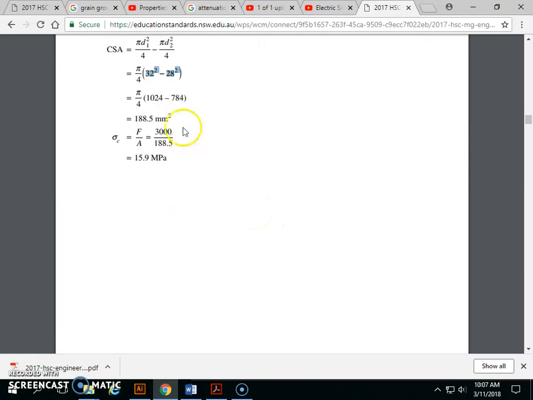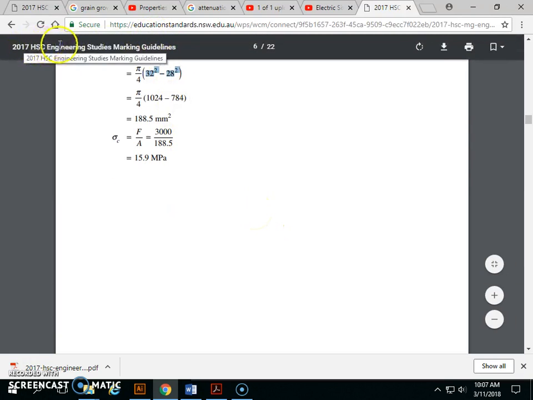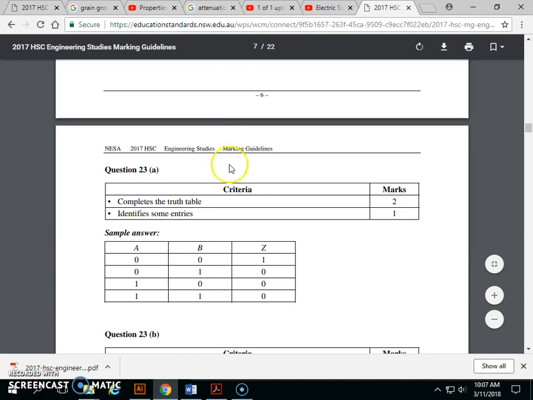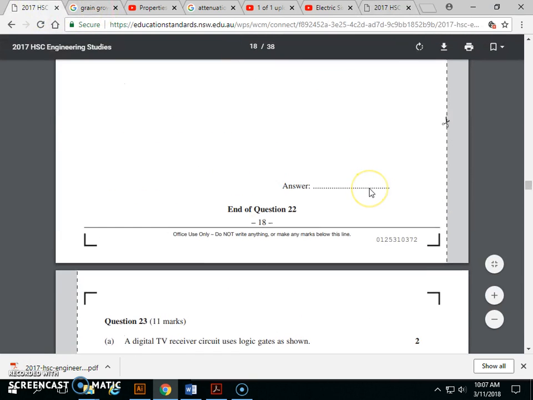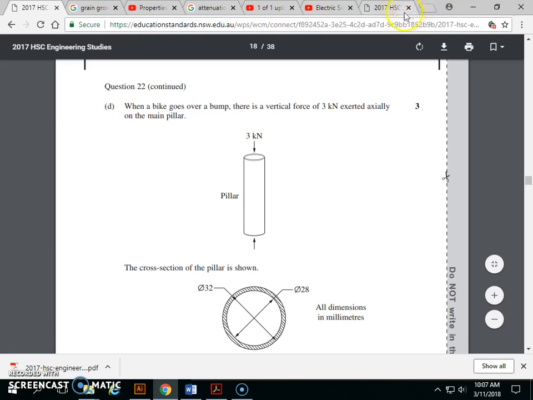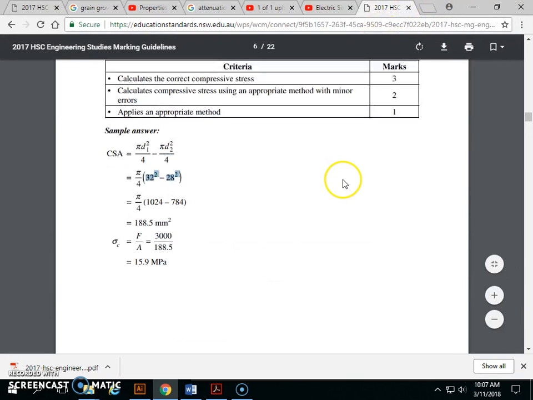Okay, so I'm continuing on with the 2017 Engineering Studies HSC, and we're going back to here. We're continuing on with question 22D, so I was kind of caught off guard and that interrupted. So we're talking about the difference between the two areas. So the area that we get overall is